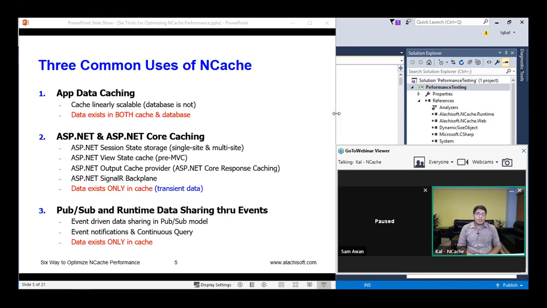So you can do that with Encache. Encache can also act as a SignalR backplane. All of these options that I've just covered in number 2 are actually no code change options. You do not need to make any sort of code changes. You can just update your application's configuration file, and using that, you can have Encache store whichever thing you want to store. It could be sessions, view state, your outputs, or even the core response caching. So using this, you can have Encache store those things.